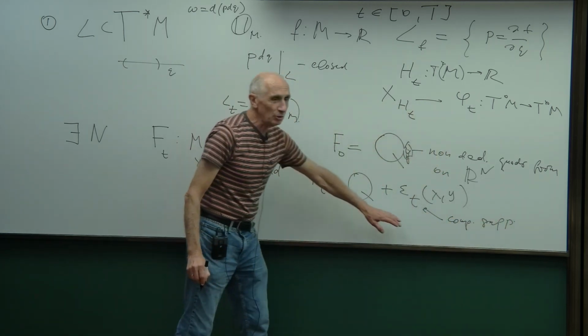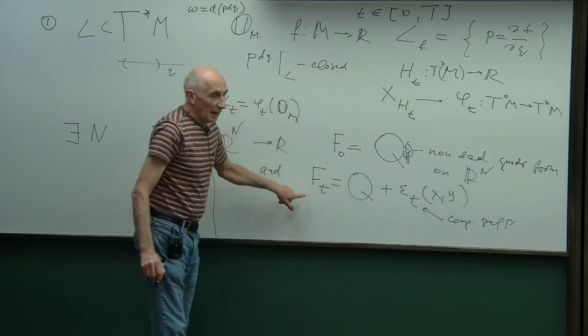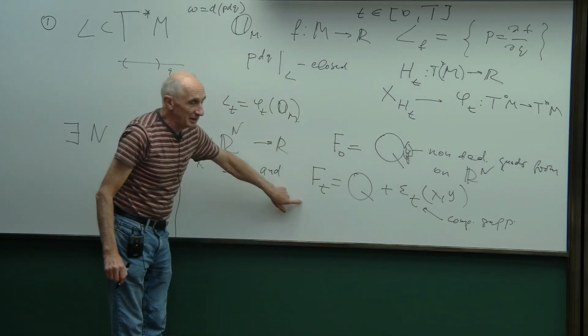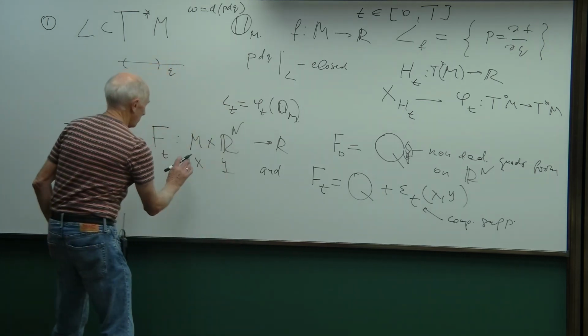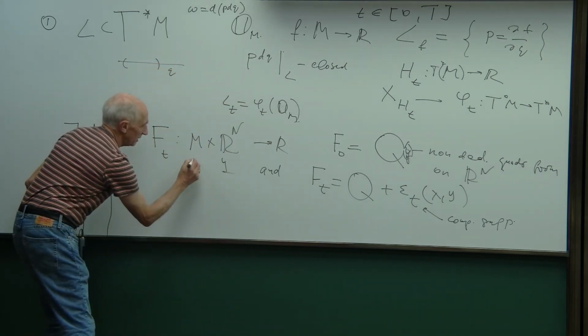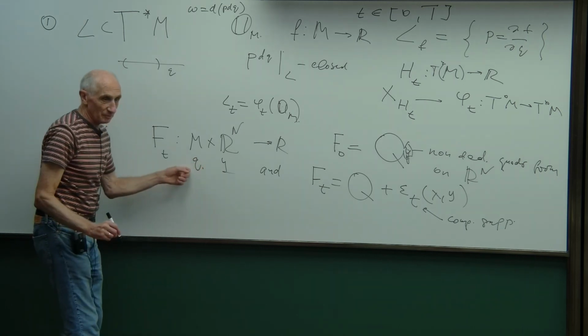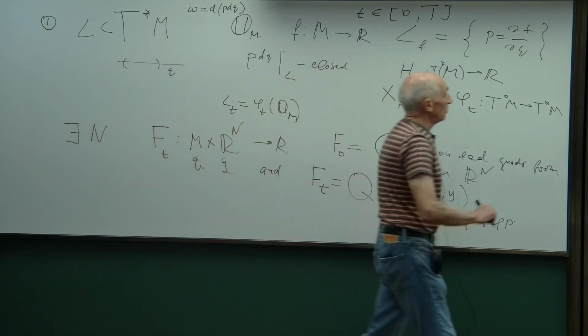Which compact support such that ft generate our... maybe I should not write q, right? I will continue q of y such that our